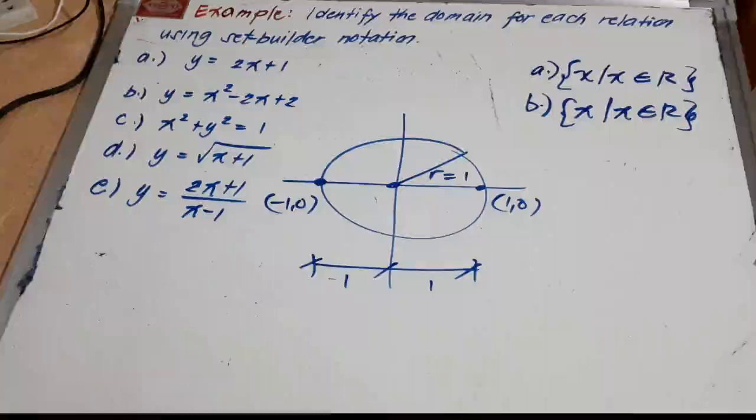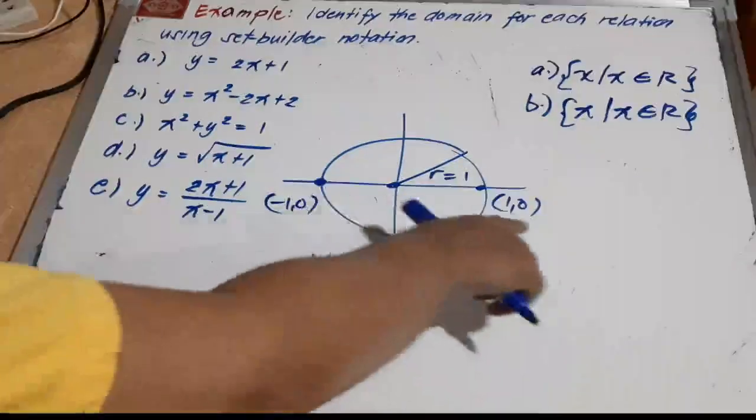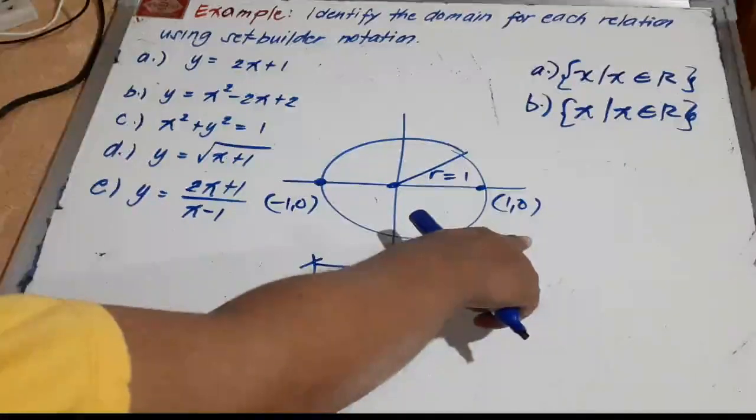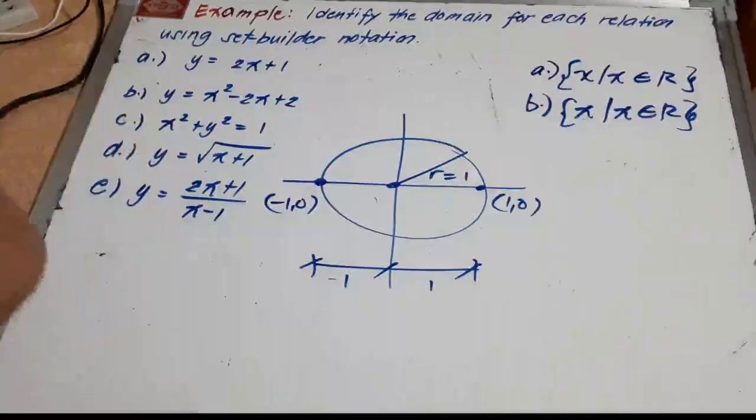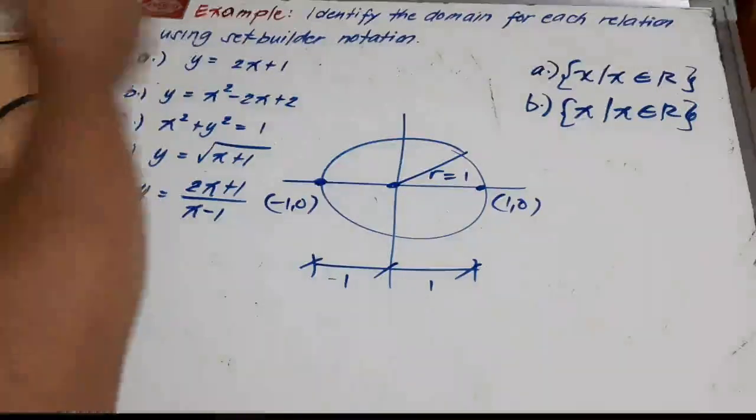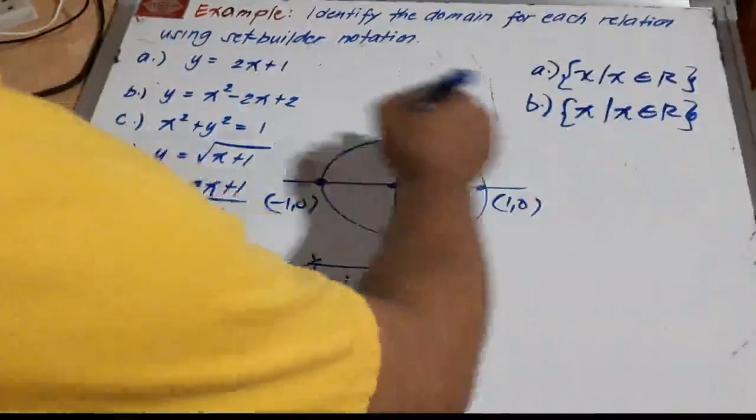So, anong domain niya? Ang domain niya is from negative 1 to 1 lamang. Hindi pwedeng lumampas doon. Okay? Yun yung mga x values lang na pwedeng i-assign natin dito. Bakit hindi pwedeng 2? Bakit hindi pwedeng 3? Try natin kung 2. So, if x is 2,